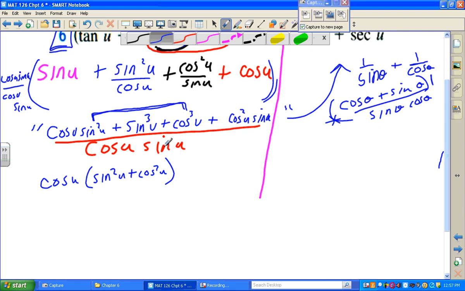Isn't that, if I factor out a cosine out of the first and the third term, isn't this what I have? And if I factor a sine